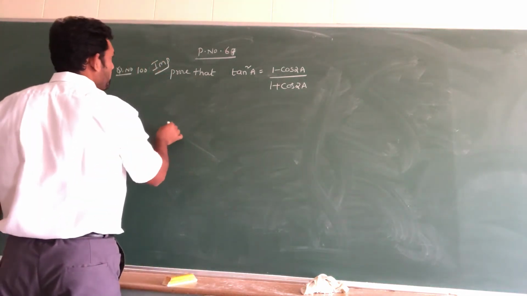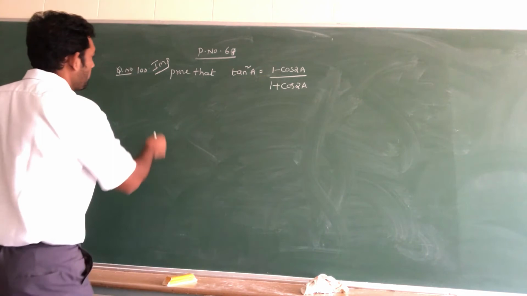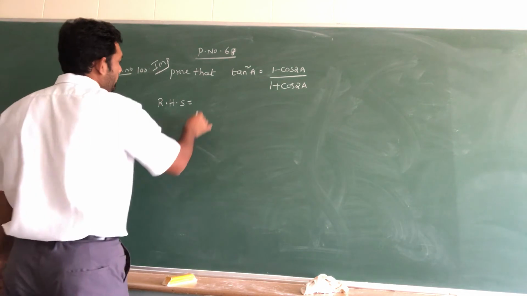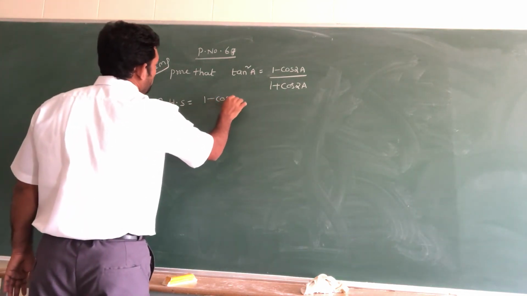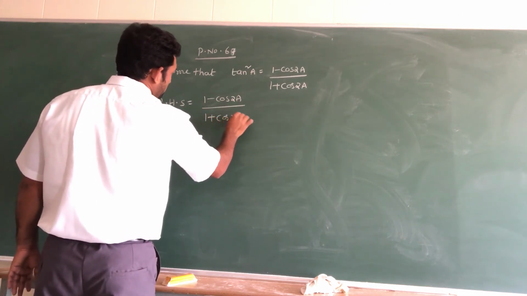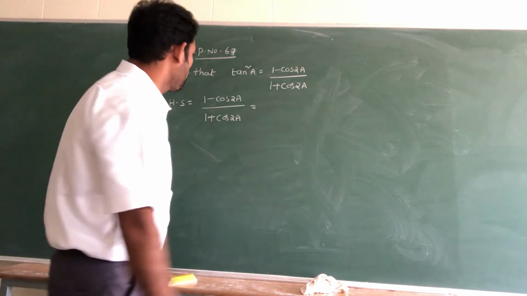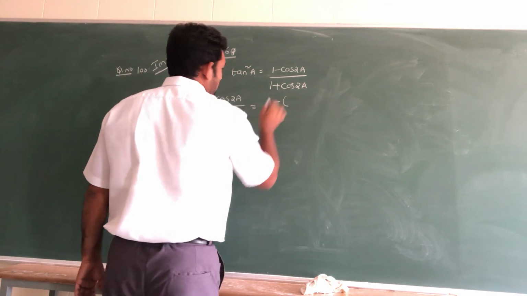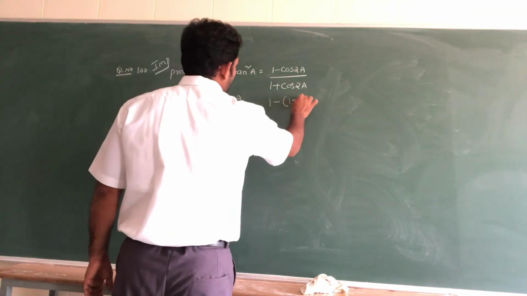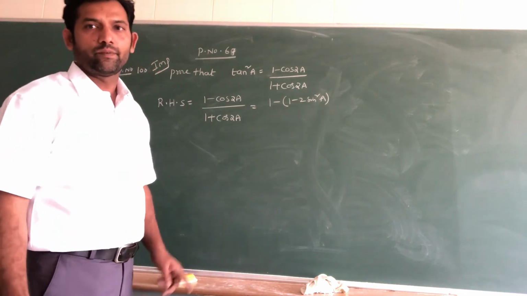Take the LHS value or the RHS value. I am taking the RHS value. So RHS is equal to 1 minus cos 2A divided by 1 plus cos 2A. So we have to substitute the cos 2A value. Taking cos 2A in terms of sine, 1 minus cos 2A becomes 1 minus (1 minus 2 sin square A), divided by